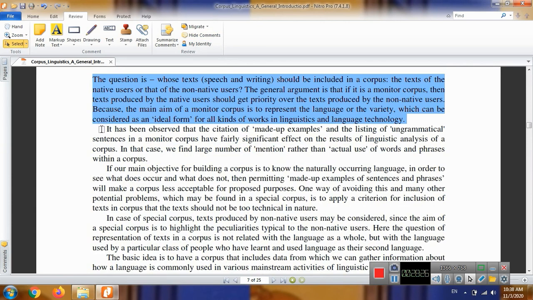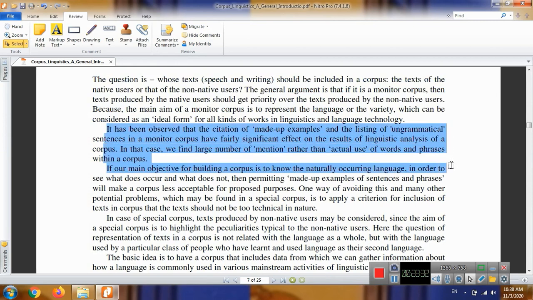Therefore, based on the purpose of each corpus, you can choose the appropriate